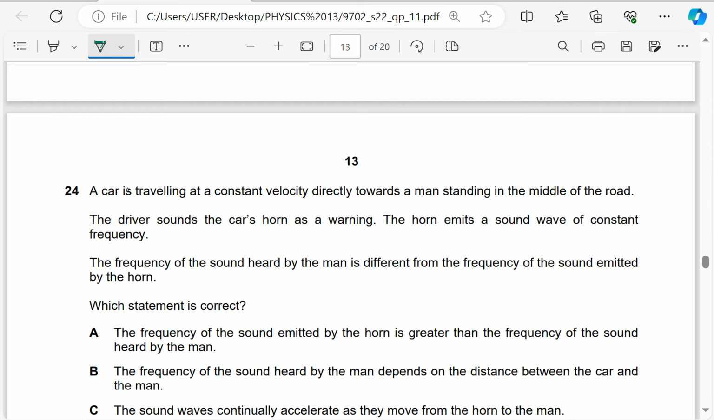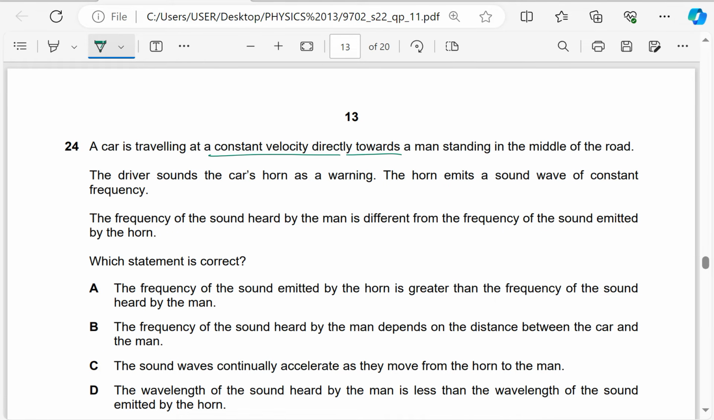A car is traveling at a constant velocity directly towards a man standing in the middle of the road. So it is towards. The frequency should be higher. The driver sounds the car's horn as a warning. The horn emits a sound wave of constant frequency. The frequency of the sound heard by the man is different from the frequency of the sound emitted by the horn. Which statement is correct? So this is the Doppler effect. Which statement is correct? The frequency of the sound emitted by the horn is greater than the frequency of the sound heard by the man. Of course, because it's moving towards,